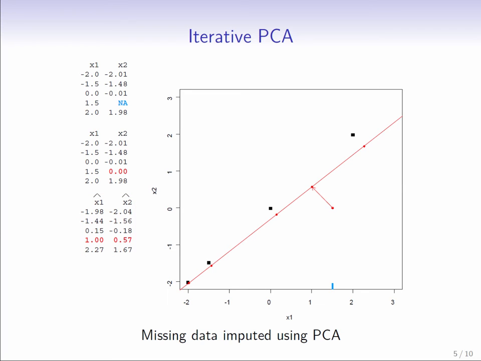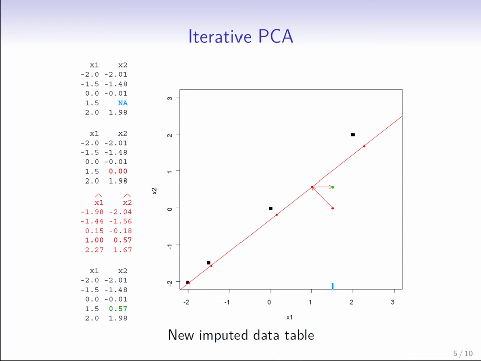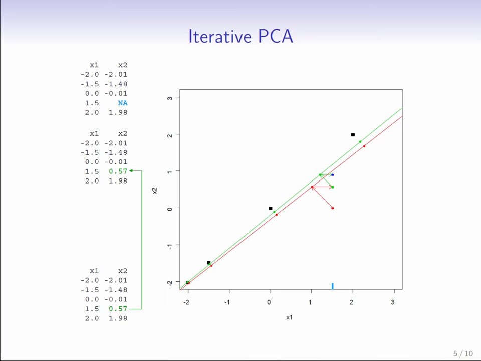The fourth individual, which had a missing value for x2, can now be projected and ends up with a value of 0.57. We can now take this value of 0.57 as the new starting point for the next iteration. We start again with all the observed data values and with 0.57 in the place of the missing entry. We keep on iterating these two steps, doing the PCA, then getting a new coordinate value for the fourth individual for x2 and updating the data table. We keep on iterating until it converges.